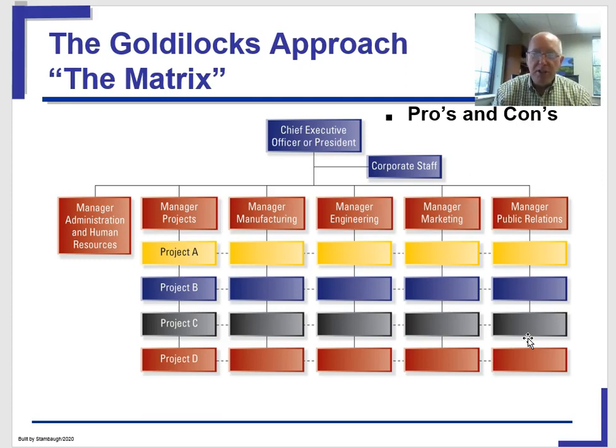So what happens is a company picks one of those organizational forms. Often a matrix organization will go with a functional format. And then they will go on a project or team-based approach that will cut across. So this may say, I'm developing this new product and I need somebody from manufacturing, somebody from engineering, somebody from marketing, somebody from PR, and they will form a team or a project. And so this is called the hybrid or the matrix approach.